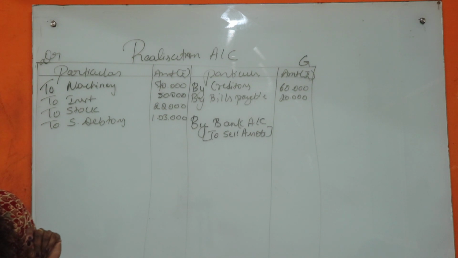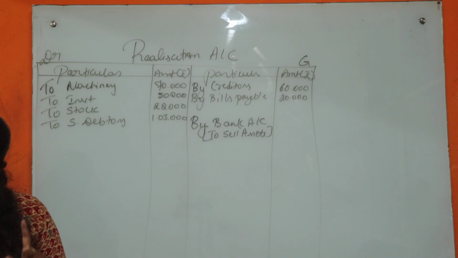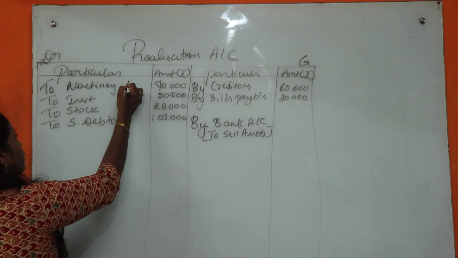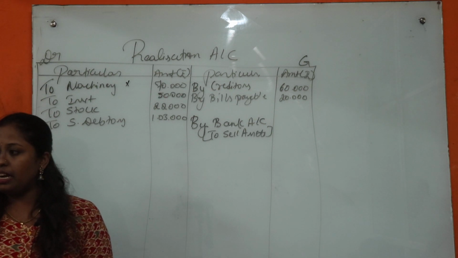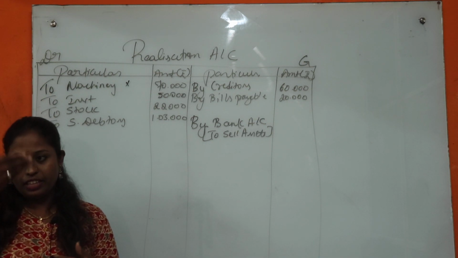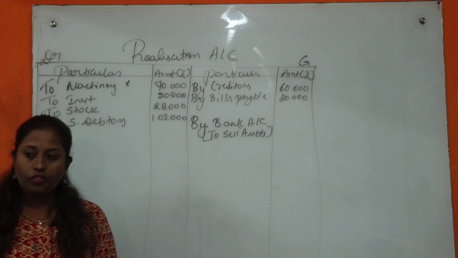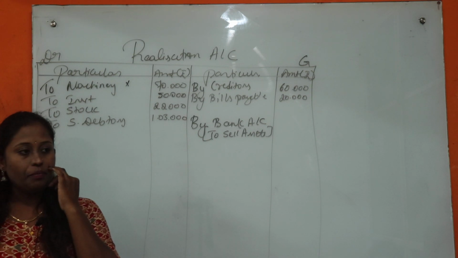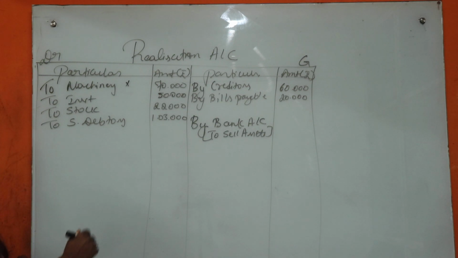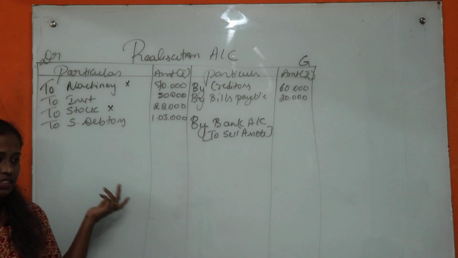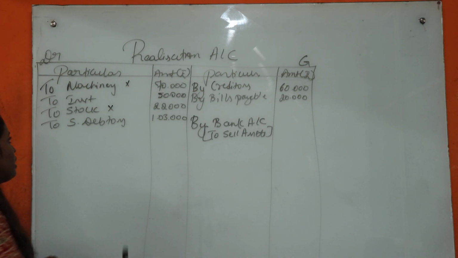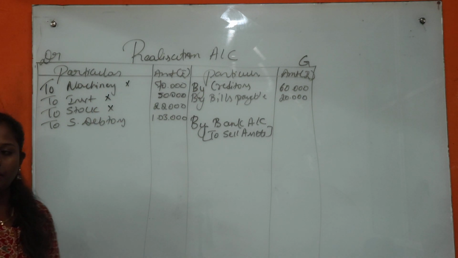Next, apart from that, stock. Machinery is done. Stock is also the same kind of thing. Stock is given to bills payable. We are not getting any amount. If I want to record in bank account, there should be something coming in, right? Whenever the bills payable takes over that, nothing is going to come. Okay, stock is also done. Next, what we have? Tanu took over investment at book value. We have not sold this either, because it is taken over by the partner. Even that will not be considered.